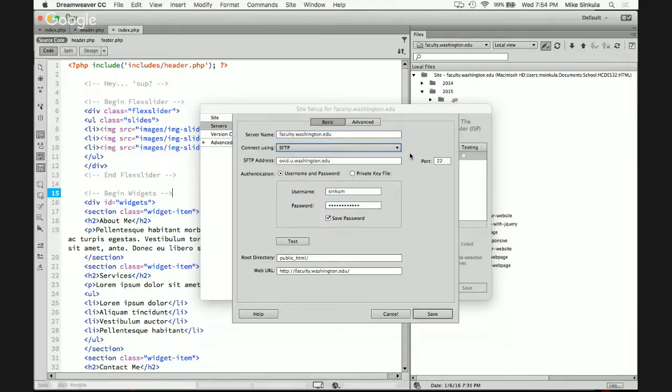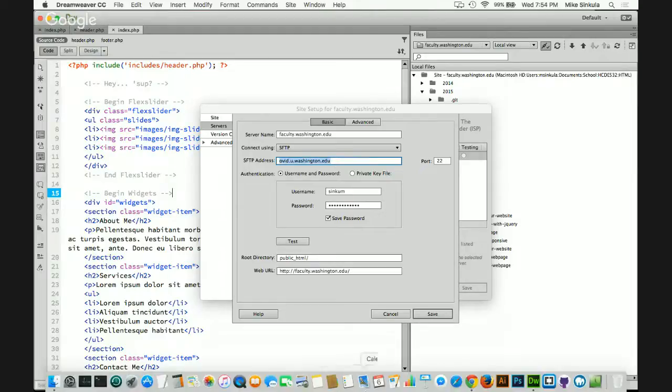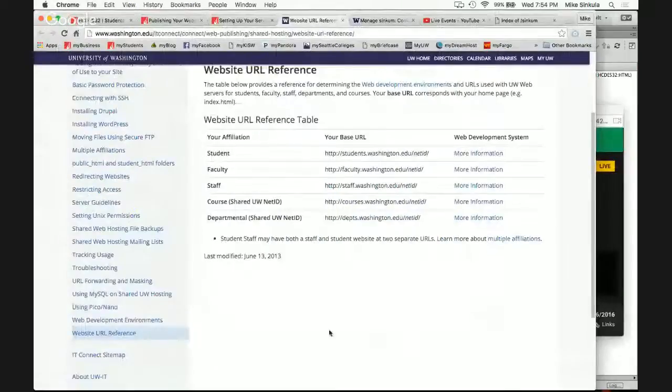Now, SFTP address, ovid.u.washington.edu. That is the machine name. Ours is Dante, right? Correct. So, how do you know? Well, let's go back here, and we can say faculty, more information. And I'm going to see that if I go to faculty, more information,